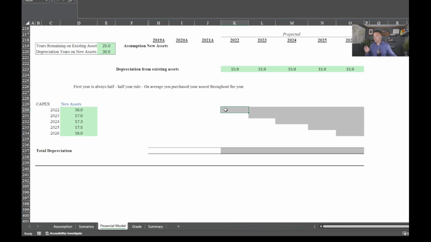So it's really important. First year is always half. It's the halfway roll. And what we say is half the assets are purchased within the first year, and then in the second year, we purchase the rest of them. So you get a full year with the new assets. But the first year, because we're not purchasing from the beginning, we're not going to depreciate it from the beginning. We're just going to take the half point of it, or like we're saying, on average it's purchased throughout the